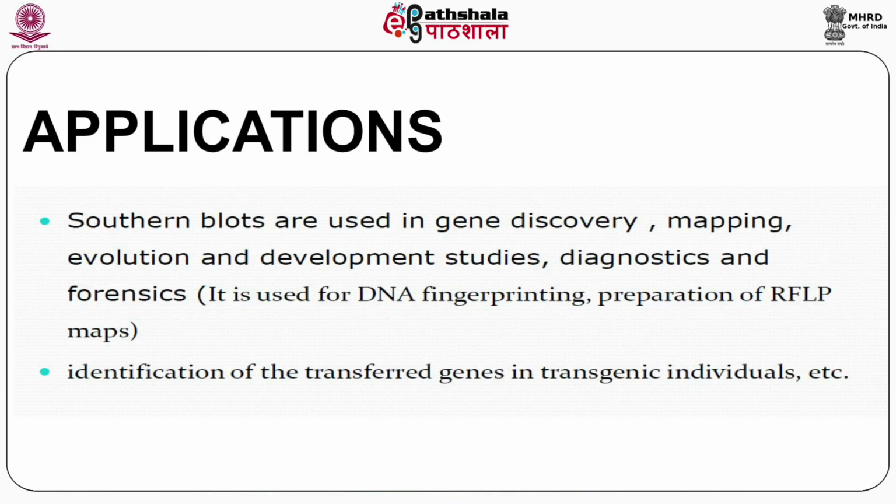Applications: coming back to the southern blot. These days southern blot is slowly losing its importance because there are other techniques which can supplement it. We are not that obsessed with using southern blots, mostly because it is a cumbersome, long technique. Most of the time for DNA it is recommended to use P32, which is a radioactive beta emitter, so there is always an environmental footprint of that radioactivity. To avoid that, the majority of labs, at least in India, have discontinued P32 labeling, and there is now a non-radioactive variant by which the probes can be labeled and allowed to hybridize to the DNA.